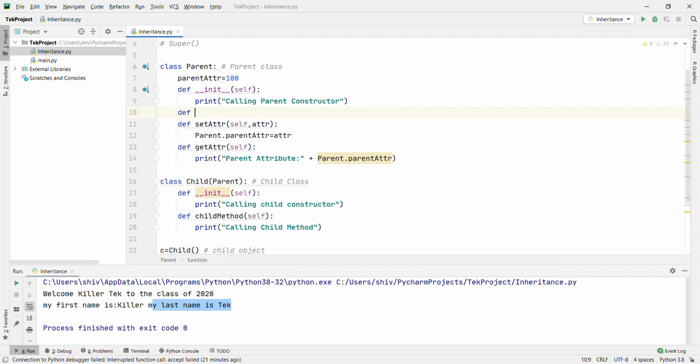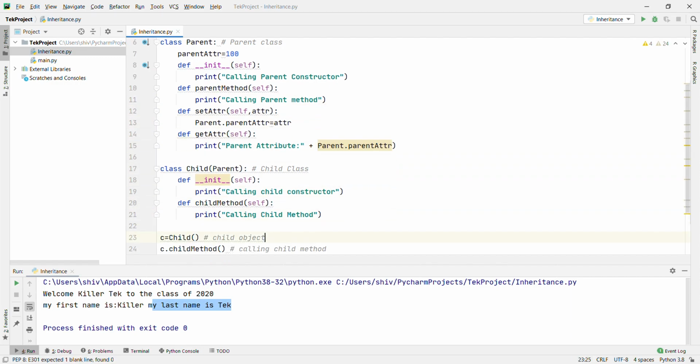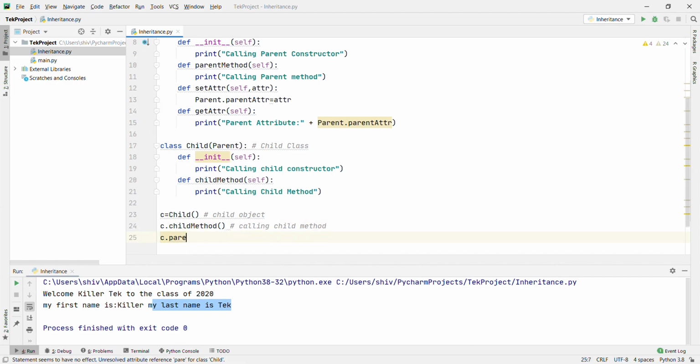You have to create the parent method, print "calling parent method". This will call the parent method and print "calling parent method".